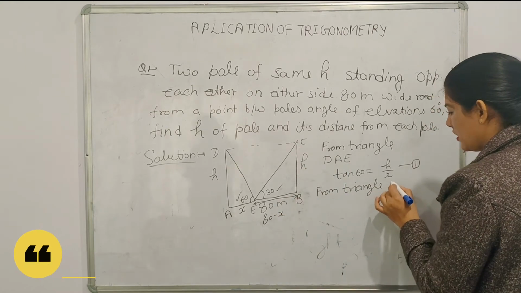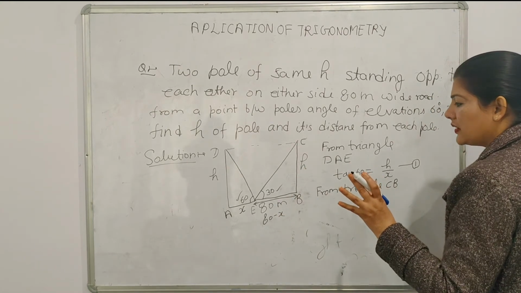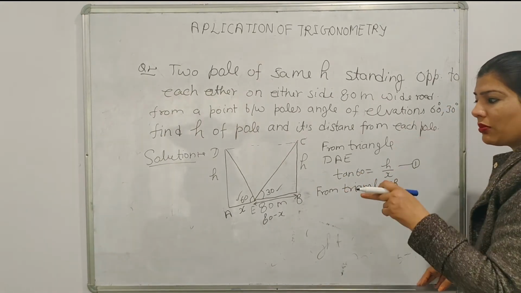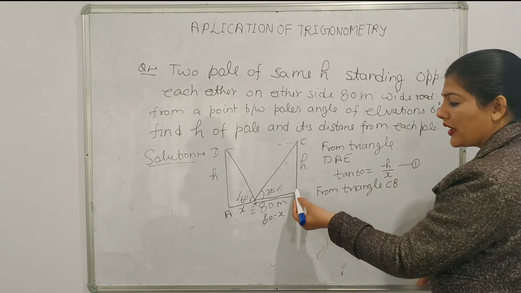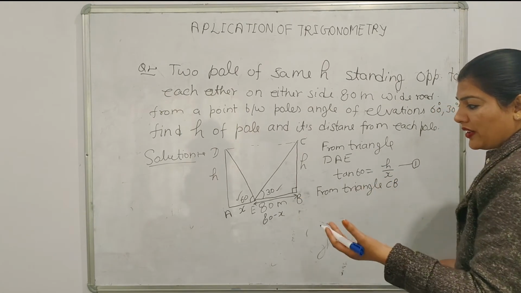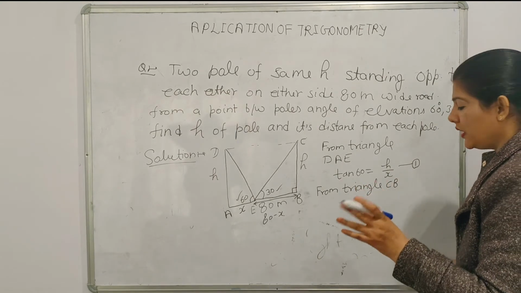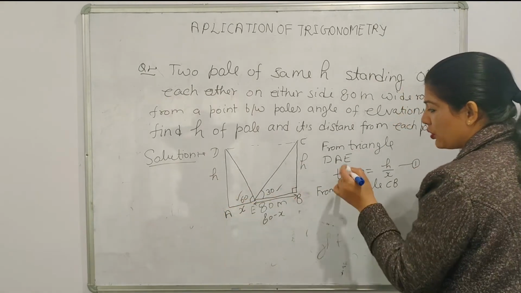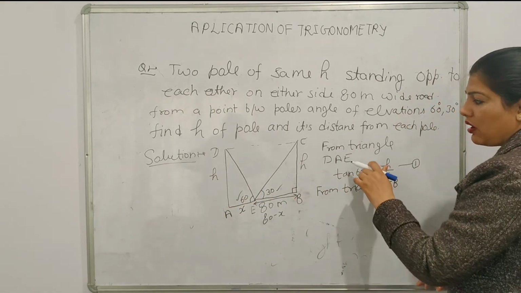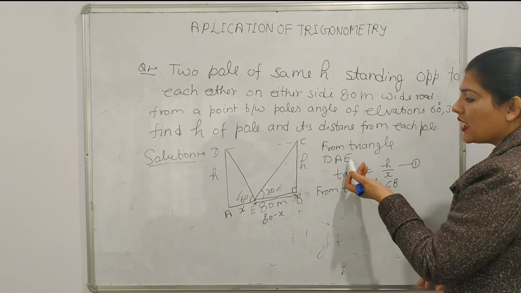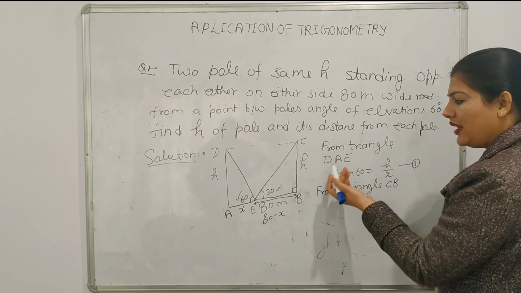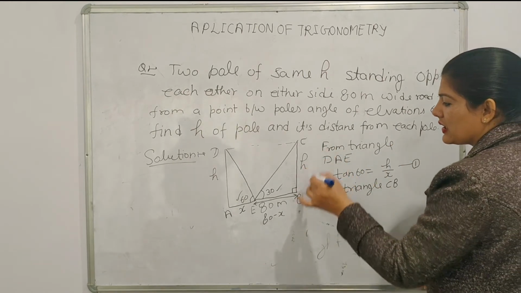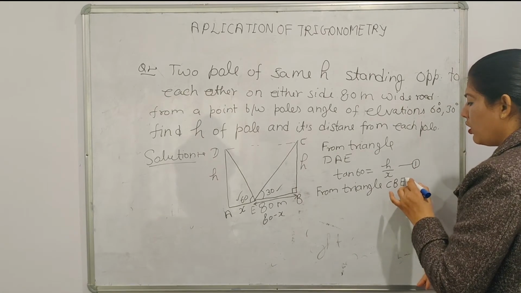And from triangle CBE, always write the right angle point in between of the triangle. When you are denoting a triangle by 3 points, you have to write the point where it is right angled in between. So here, because this triangle is right angled at A, you should write A in between of E and D. You can write it as EAD or DAE, but A should lie in between. So like that, this triangle is CBE or EBC.